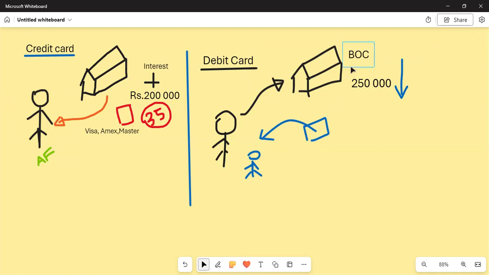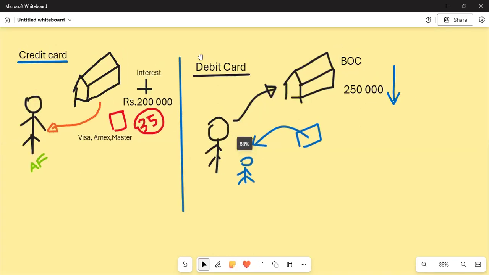Debit card means you can use the amount which is there in your account. Credit card means you are getting a credit limit. Did you all understand this 100%? There are advantages and disadvantages. What is the disadvantage of a credit card? You can become a debtor. Therefore, most people don't like to get a credit card. For the debit card, you don't have to pay the money back. You are spending only the money in your account. If you don't have money in your account, you can't spend. Here, you are getting a short credit. What about others? Everyone put in the chat box. So, you all understand this.